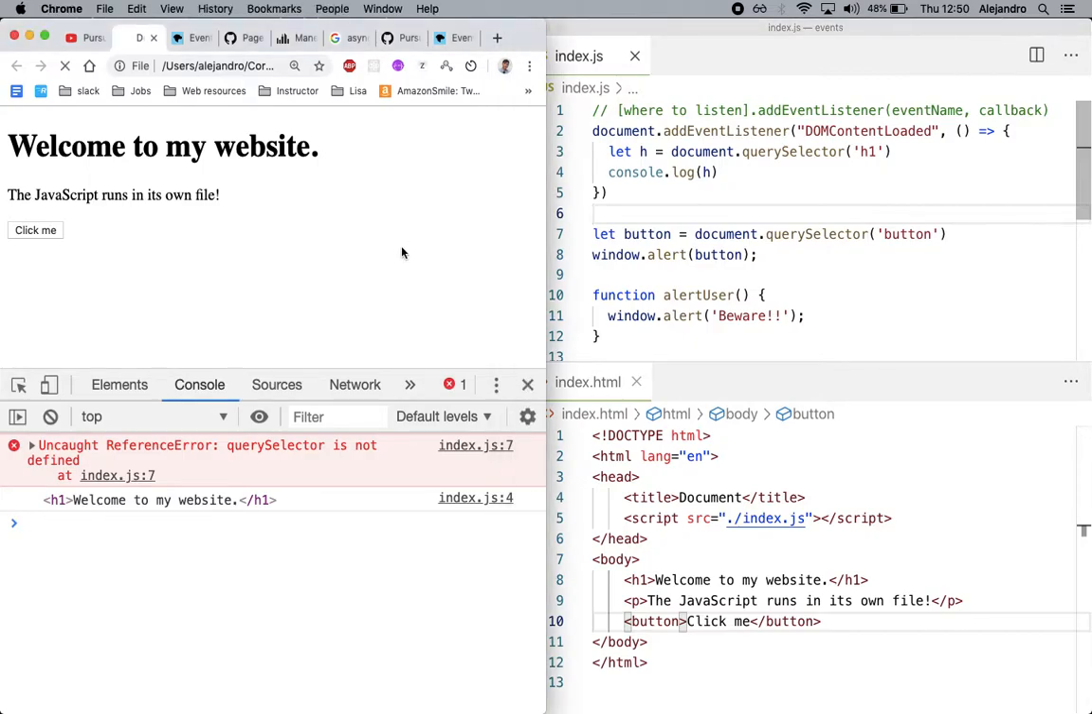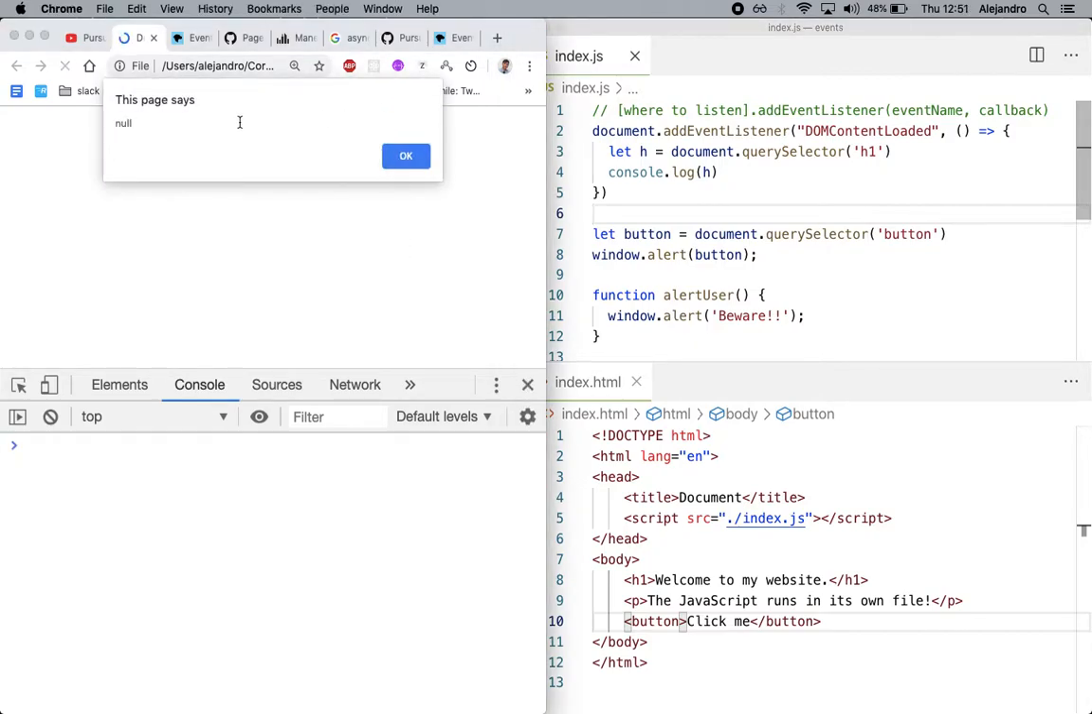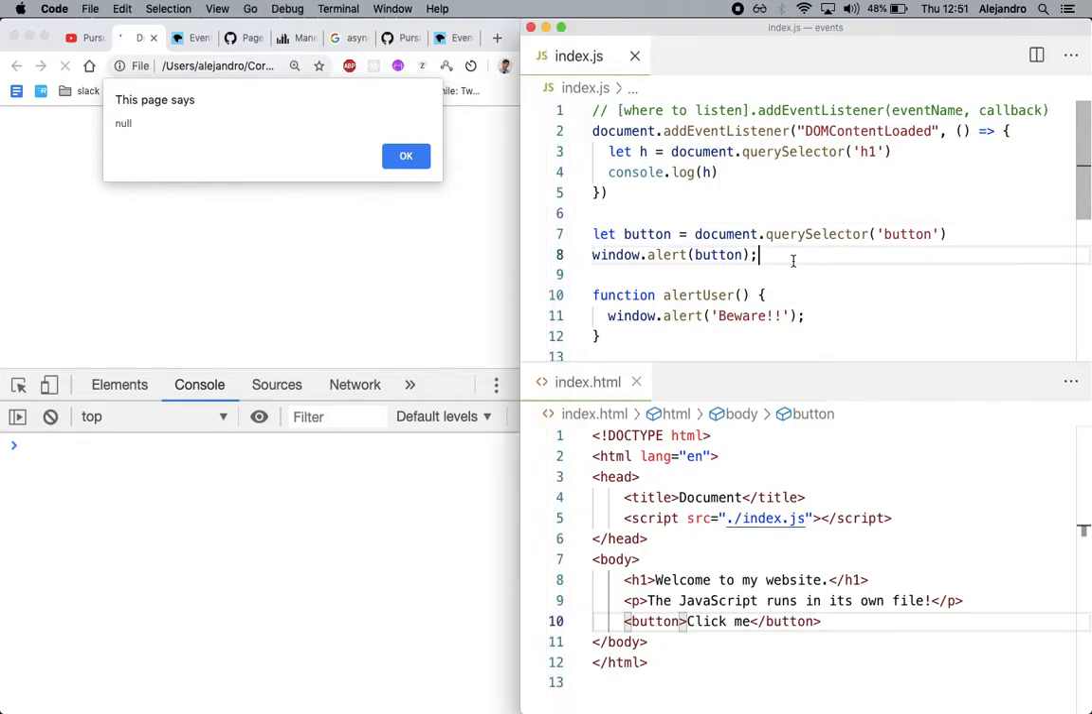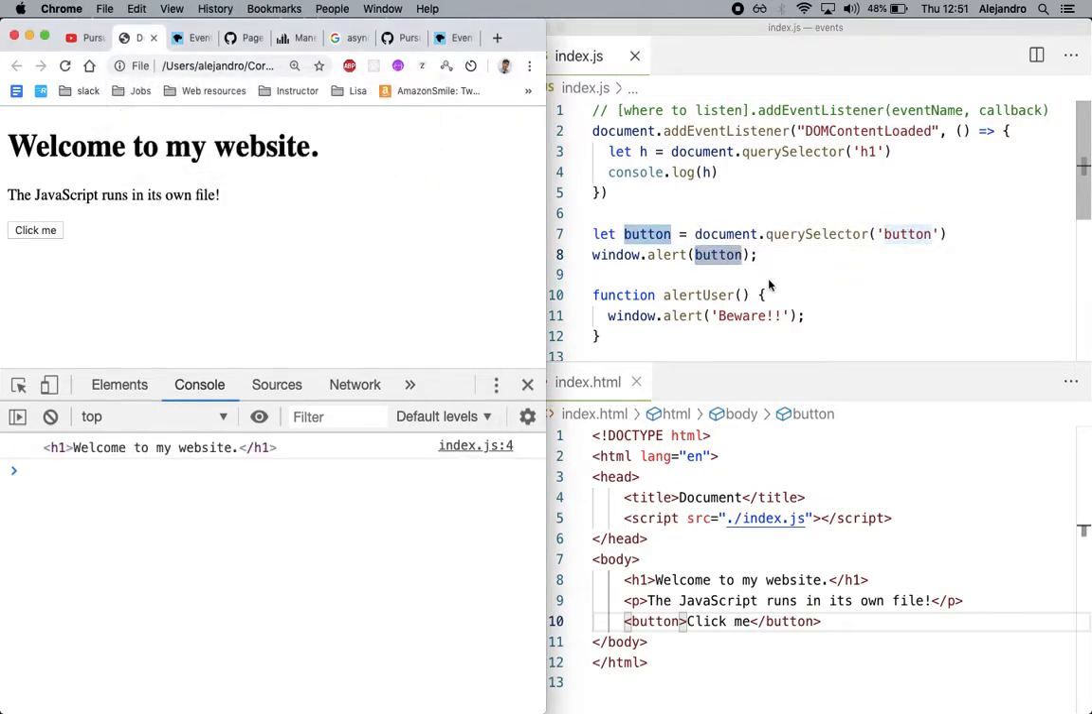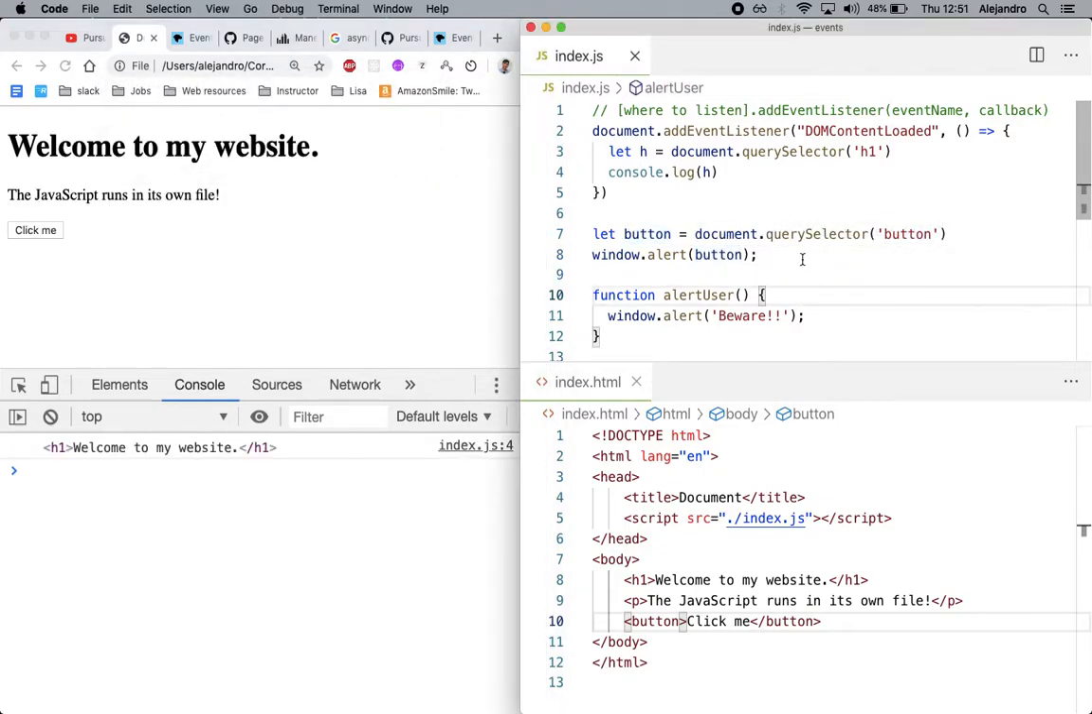Now let's refresh, and we see the alert on line 8, saying that button here is null. Then again, why is it null? Because the script is in the head. The script will run first, and then the body will be interpreted, creating the DOM and adding all these elements